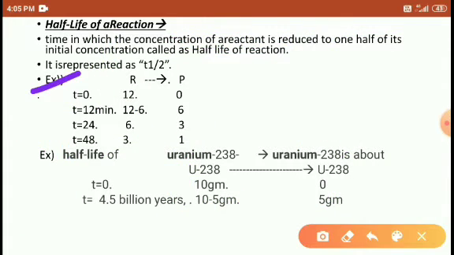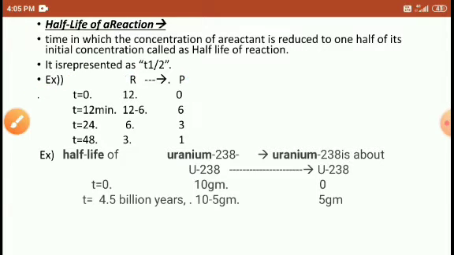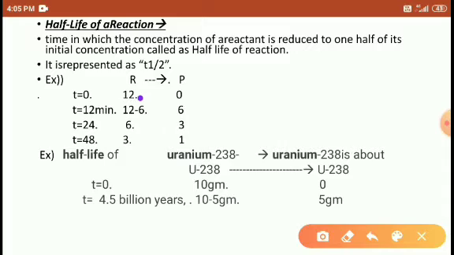Okay, I will give one example, students. Reactant is converted into product. At time T equals 0, the reactant is 12 grams, or you may say 12 moles, and the product is 0. There is no formation of product, which means there is no change in the reactant. The reactant remains constant. When time changes from T0 to T12, half of the 12 is 6, which means half the concentration is reduced here. 6 moles of concentration decrease from the reactant, and they turn into product.